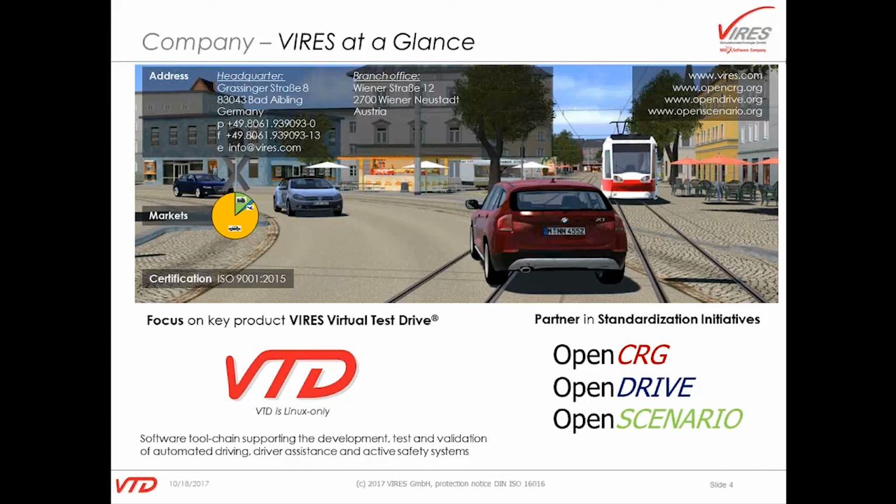And the most recent initiative, founded about 1.5 years ago, is the so-called OpenSCENARIO, which uses OpenDrive networks and describes, in a vendor or tool neutral format, the animation and the time variant behavior of participants within a simulation environment. You will see what I mean by describing these formats in this abstract way in the upcoming slides.